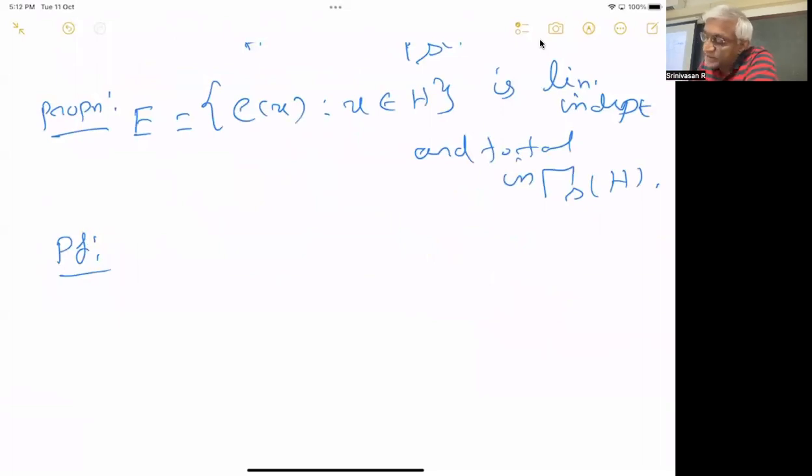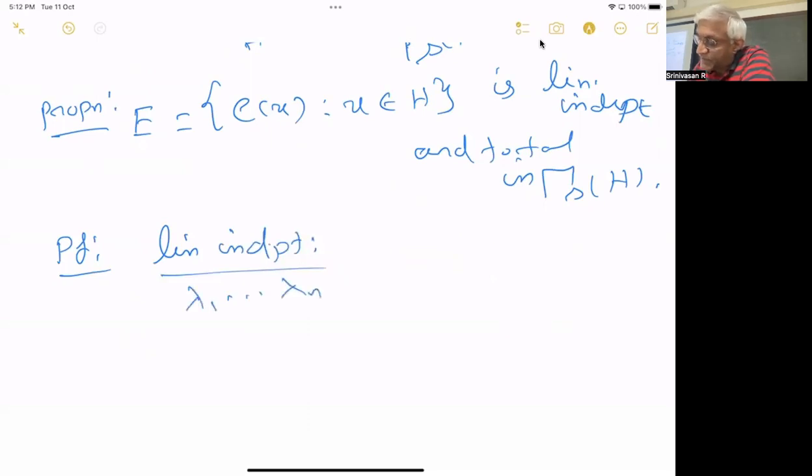So first thing is linearly independent. What does it mean to be linearly independent? First, we will check the linear independence. So suppose lambda 1 up to lambda n are some complex numbers. Then we suppose the summation of lambda i E of U i, with U1 up to Un,